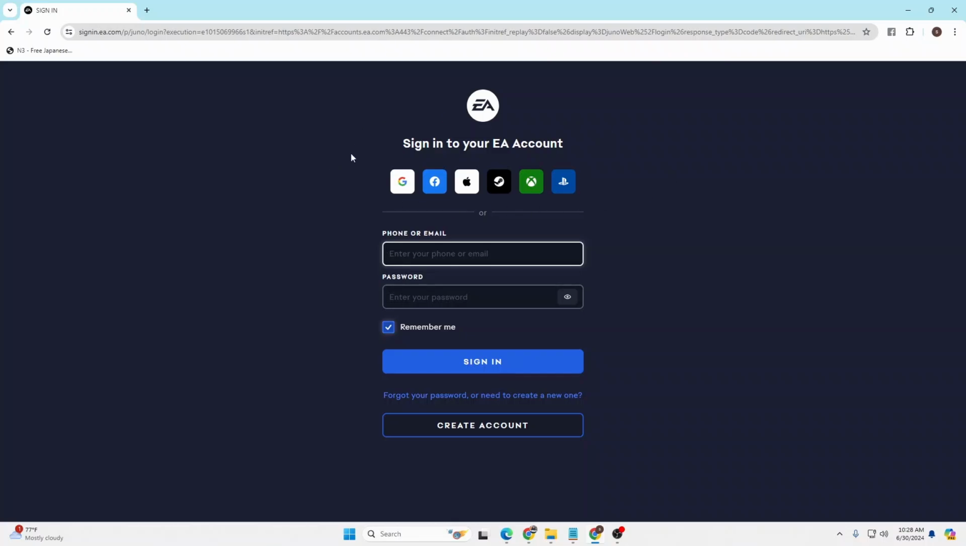And with that being said guys, for a manual login, enter your phone number or your email address over here with which you have signed up for an EA Sports account. And after that, enter your password over here which you had registered on EA Sports at the time of creating your account. But guys, if you've forgotten your password, you can always reset it from over here where it says forgot